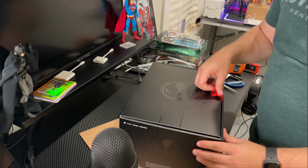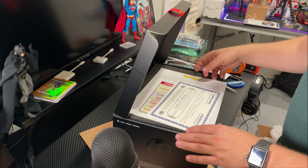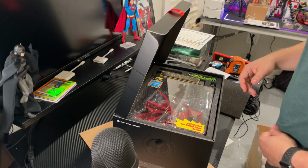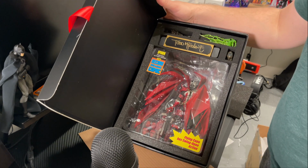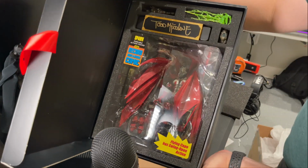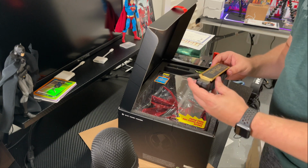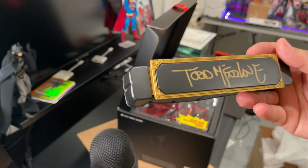All right, here we go. All right, we've got our certifications here. Authenticity. Okay. Very interesting. So this has the Spawn plate signature. See it here? Give you a better look at it. So I guess I was right to wonder where the Spawn plates were on the other figures, because they didn't have them. And sure enough, here is my full signature from Todd,